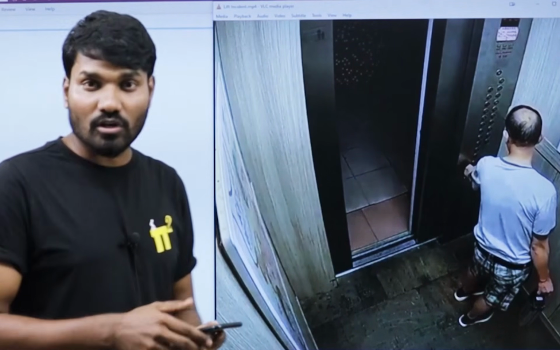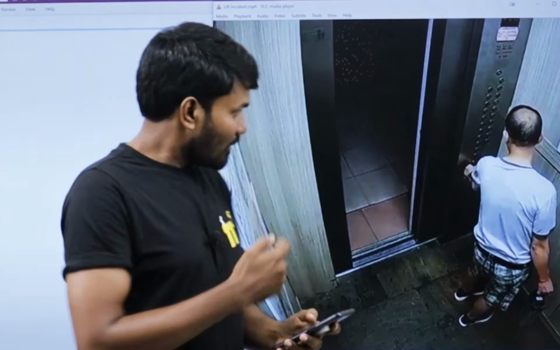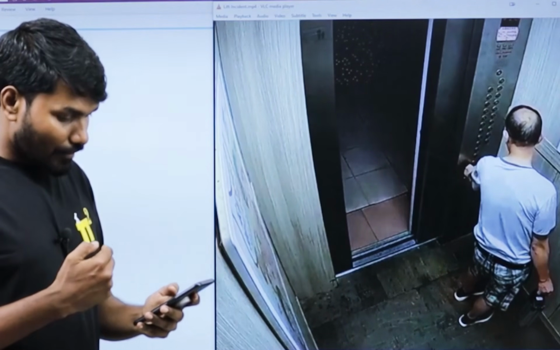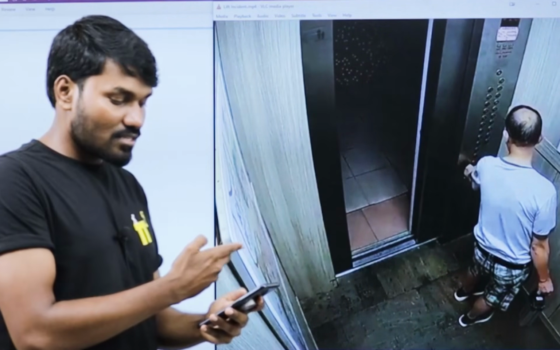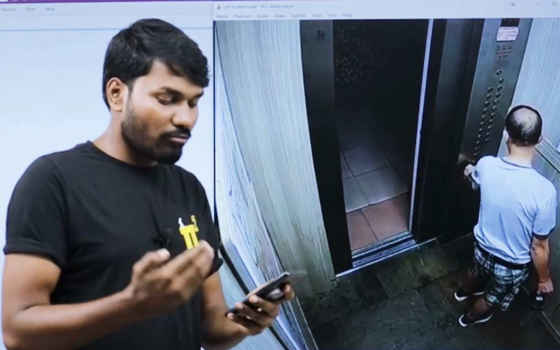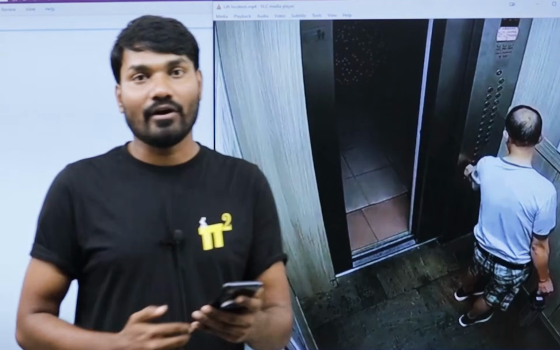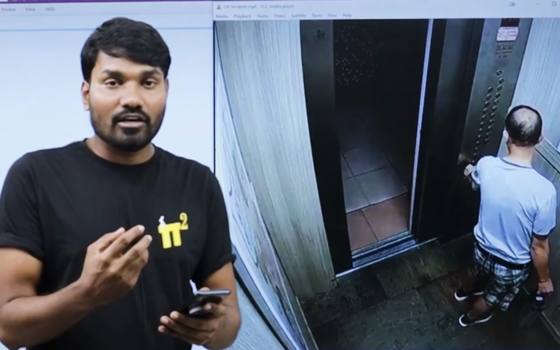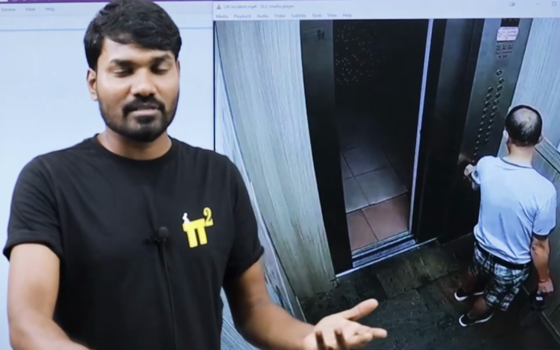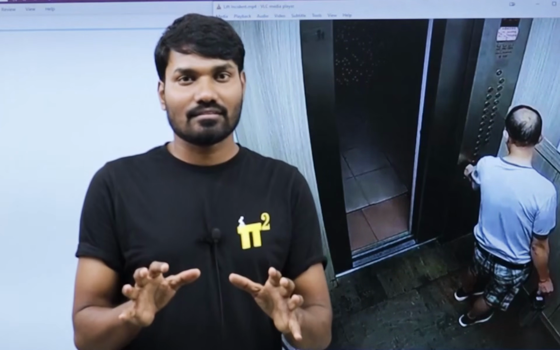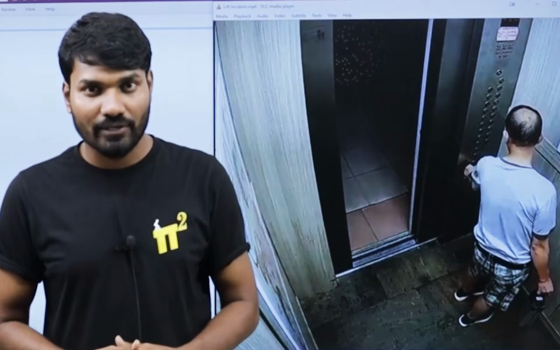I just got the message from students. They're saying when the lift closes, the electric charge of a battery turns the whole lift into a magnetic battery. This is the message we got, and this is the theory which is circulating in the market, which is not true. I'm going to bust that myth right now in this video, and I'm going to explain why this